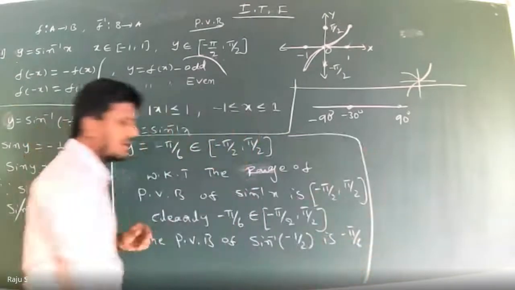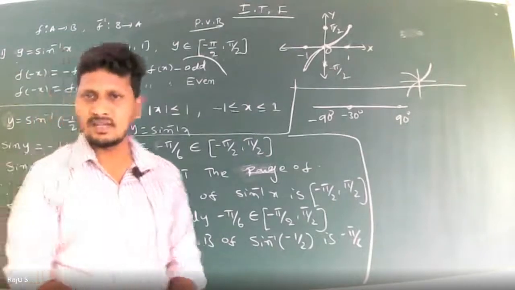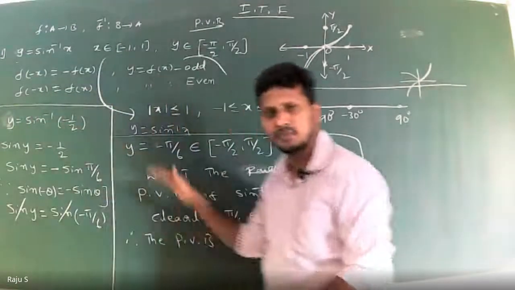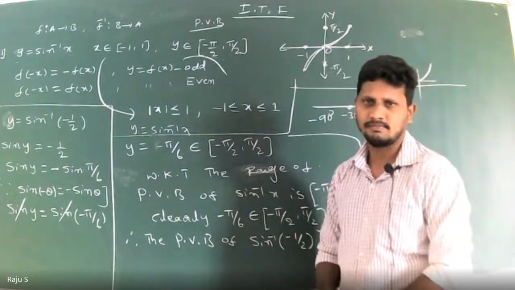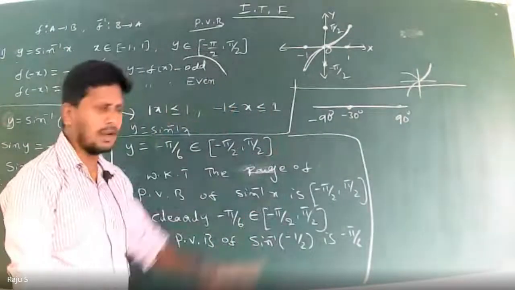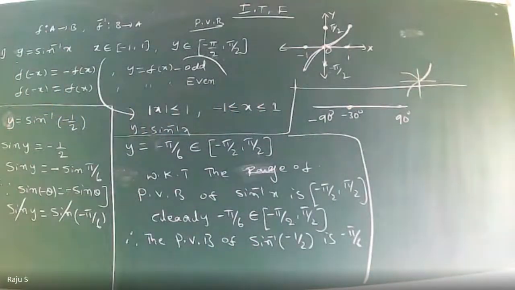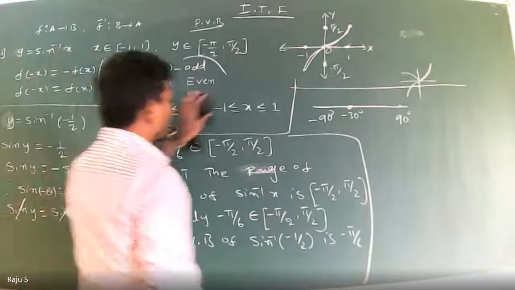Okay, we know the answer directly. Some questions we can say directly also. But you should not write the direct step. We should write each and every step to get the marks. That's it. The first exercise we can do within one period. Not difficult. The next question, for example, the second question they have given is cos inverse,